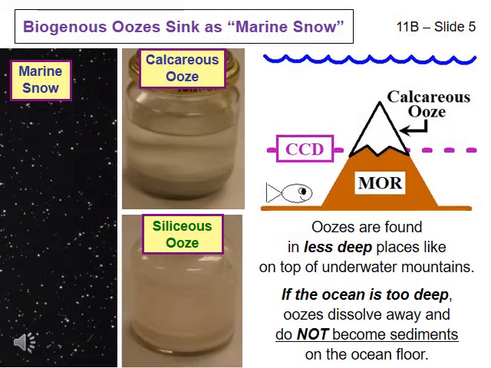Slide 5. Silica is most common on the ocean floor beneath cold surface water, because silica dissolves rapidly in warm water. It dissolves in cold water too, just more slowly. Calcium carbonate is most common on the ocean floor beneath warm surface water in places that are not too deep. Calcium carbonate dissolves rapidly in cold, carbon dioxide-rich ocean water under high pressure, precisely the conditions that are common in